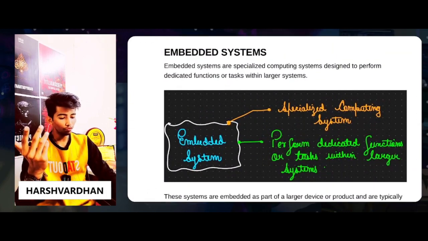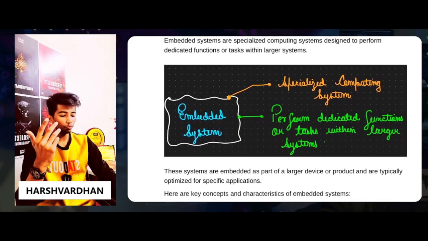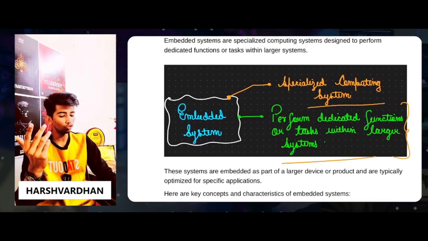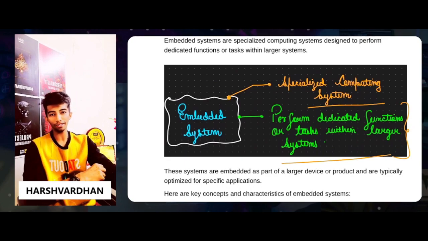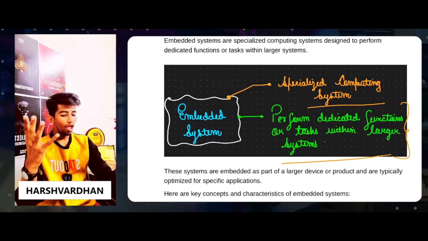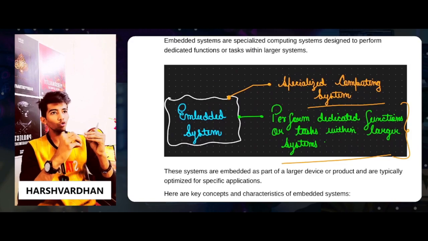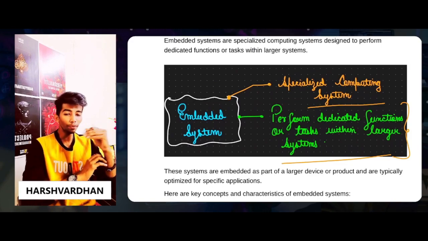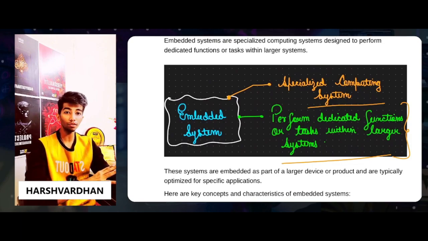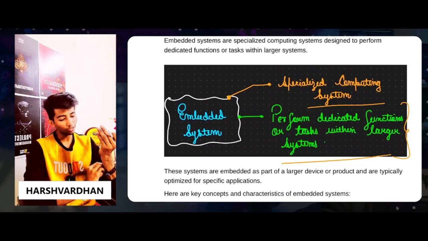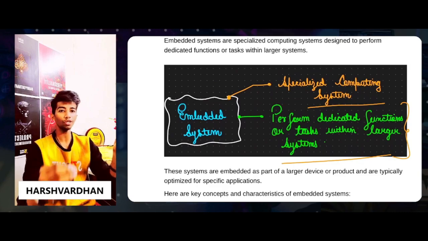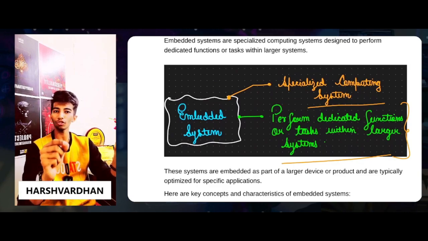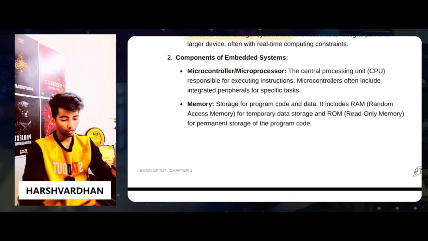Embedded systems. If you talk about embedded systems, then they are specialized computer systems which are dedicated to do some kind of functions within a larger system. Suppose you have a large system and you have to do a particular thing, because when you talk about IoT, you will require some kind of different processing, right? So for that particular different processing, you will require a different system. For that, the embedded systems come into play. So these are actually specialized computer systems which are specialized to do a particular task and perform dedicated functions. Okay. So these were the things which I think you can understand.